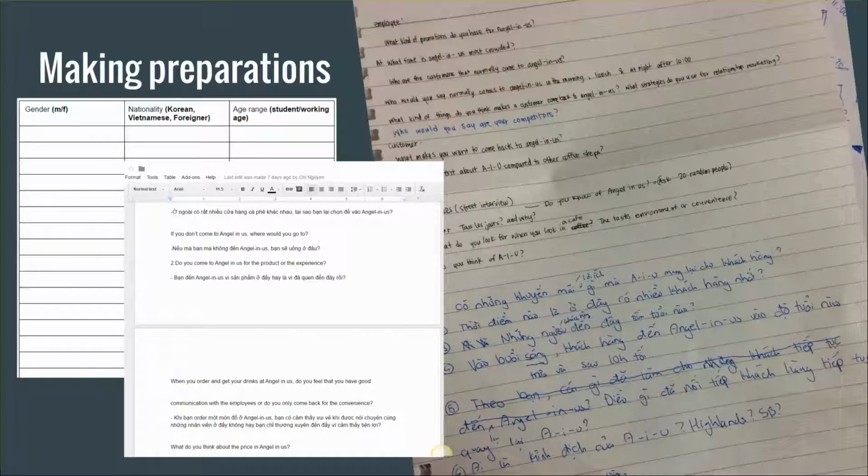And also it is good because the answers can have more specific and depth, because we found that the most of their customers were Vietnamese. We had to translate the documents. We also decided to interview the employees because we want information about their competitors, what time customers come the most, and then after all our preparations, we went to Angelina's.